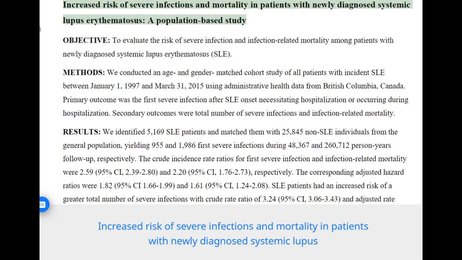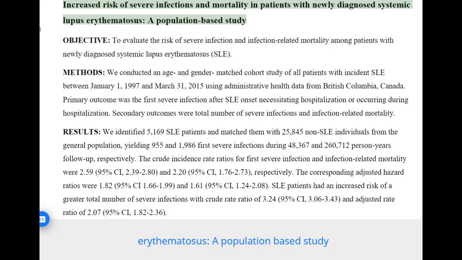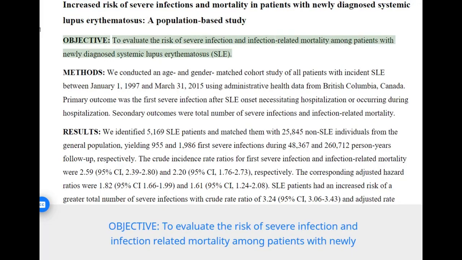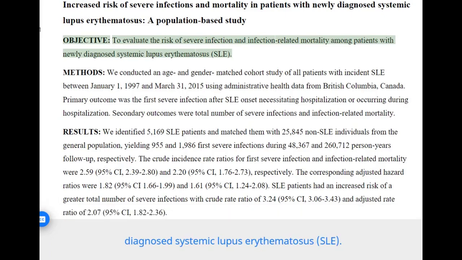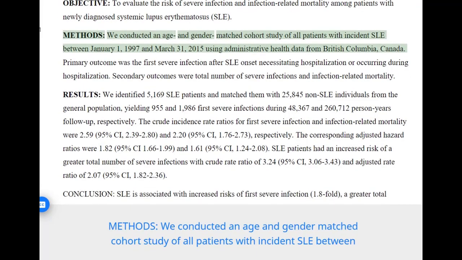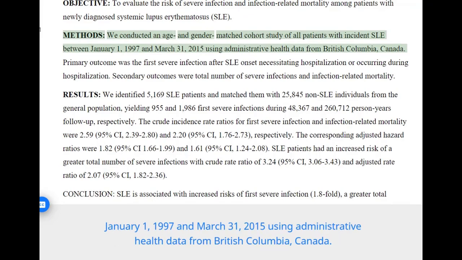Increased risk of severe infections and mortality in patients with newly diagnosed systemic lupus erythematosus, a population-based study. Objective: to evaluate the risk of severe infection and infection-related mortality among patients with newly diagnosed systemic lupus erythematosus, SLE. Methods: we conducted an age and gender-matched cohort study of all patients with incident SLE between January 1, 1997 and